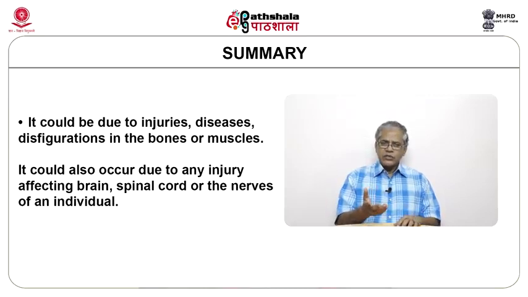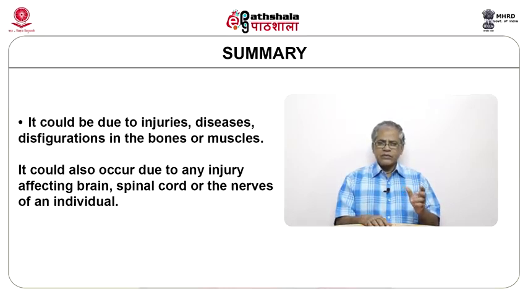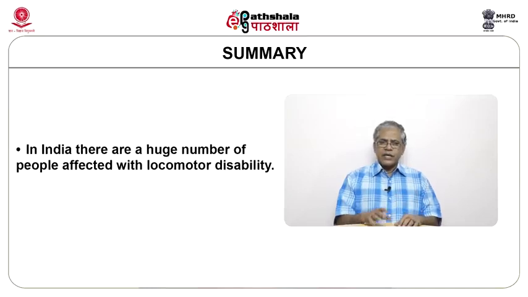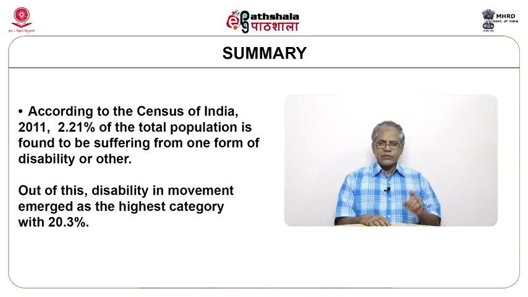It could be due to injuries, diseases, disfigurations in the bones or muscles. It could also occur due to any injury affecting brain, spinal cord, or the nerves of an individual. Impairments are problems in body function or alterations in body structure such as paralysis, missing limb, or blindness. In India, there is a huge number of people affected with locomotor disability. According to the Census of India 2011, 2.21% of the total population is found to be suffering from one form